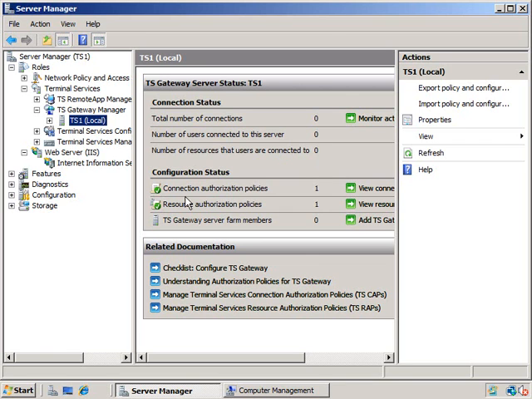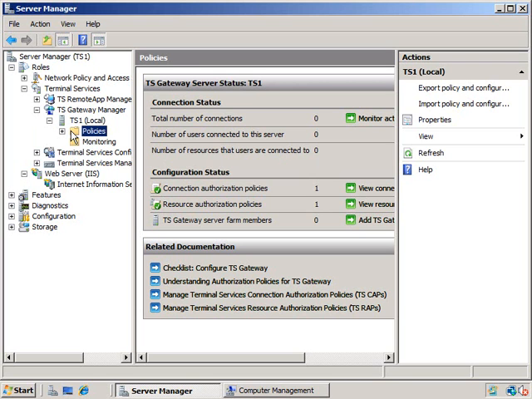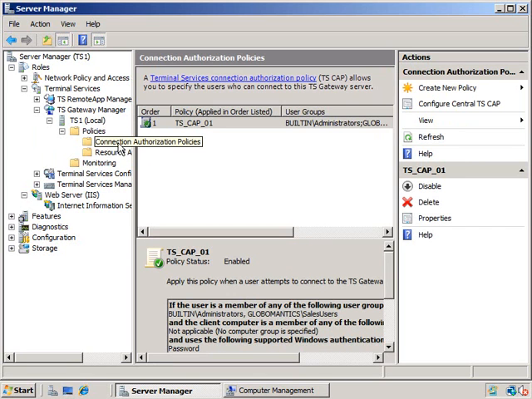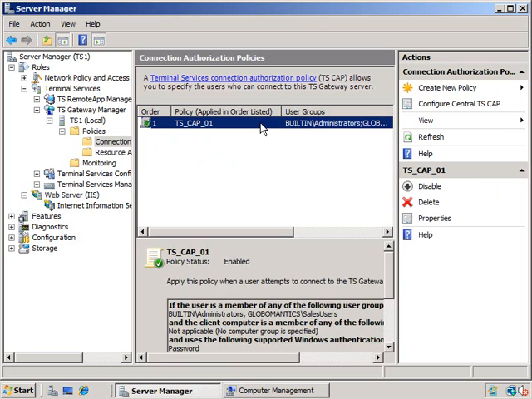I need you to know that these were actually set up. We did these again during the initial installation wizard. Microsoft tried to make this thing as easy as possible to implement. When we go into the authorization policies, we have the CAP, Connection Authorization Policy, which basically just tells us,